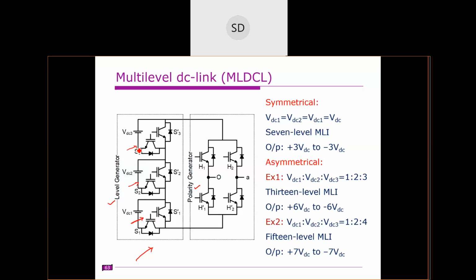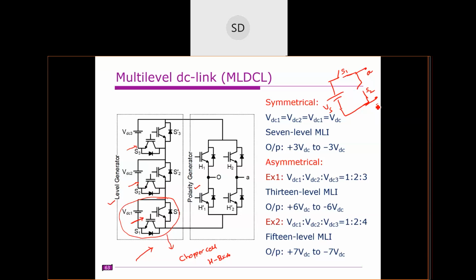Each level generator consists of this kind of half-bridge cells. This is a half-bridge cell, also known as a chopper cell. The circuit will be something like this. We have a DC source, Vs, and across the DC source you have switches. If this is S1 and this is S2, we are measuring output voltage between A